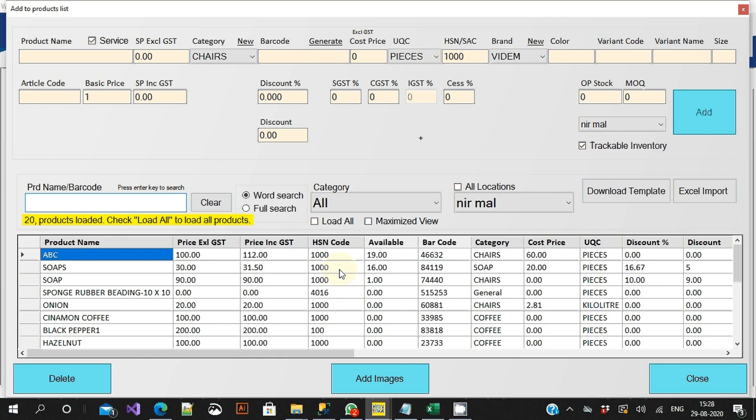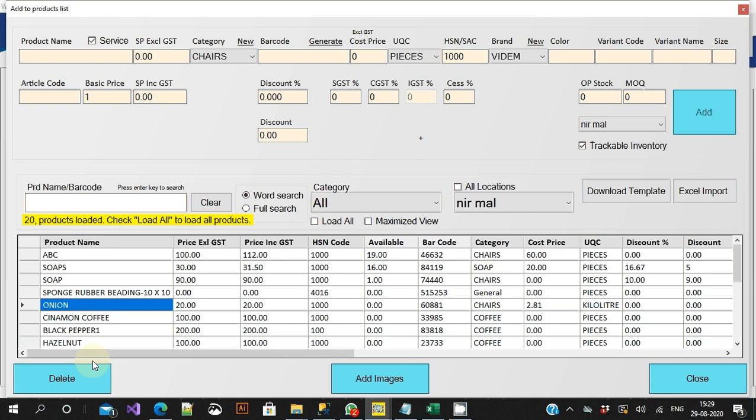There are two methods. One is one item at a time. You can add the item definition one at a time by filling this particular form, or you can do a bulk import with that Excel file, putting all the details. So those are two methods. So if you are starting afresh, make it in Excel and import it. So that is how you can add. You can delete, you can edit by going and changing the value. You can select and delete.